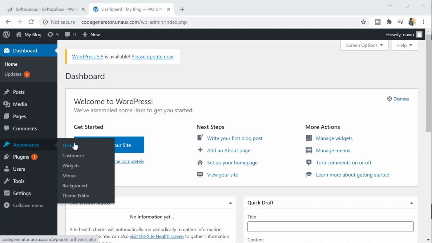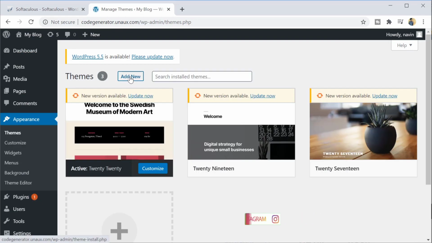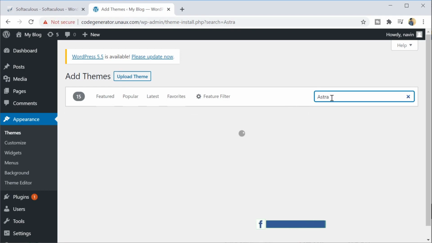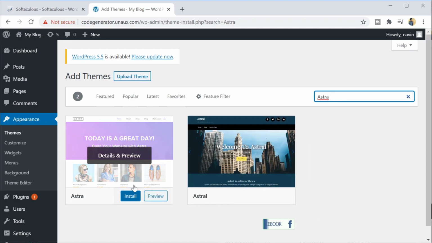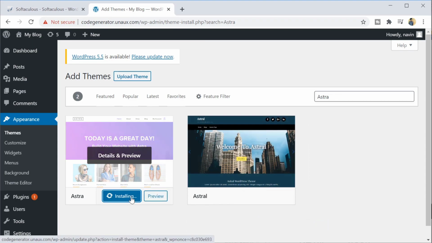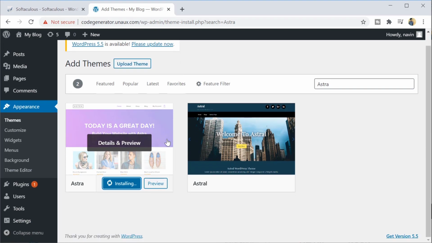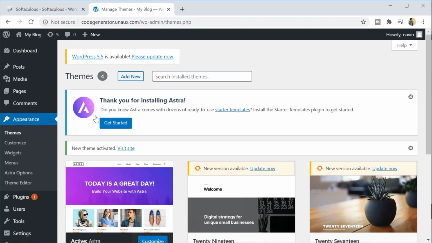Select themes under appearance. Add new. Search here for Astra themes. Click install to install the theme on our website. Click activate. So now we have installed the theme. Now to choose your design, click get started